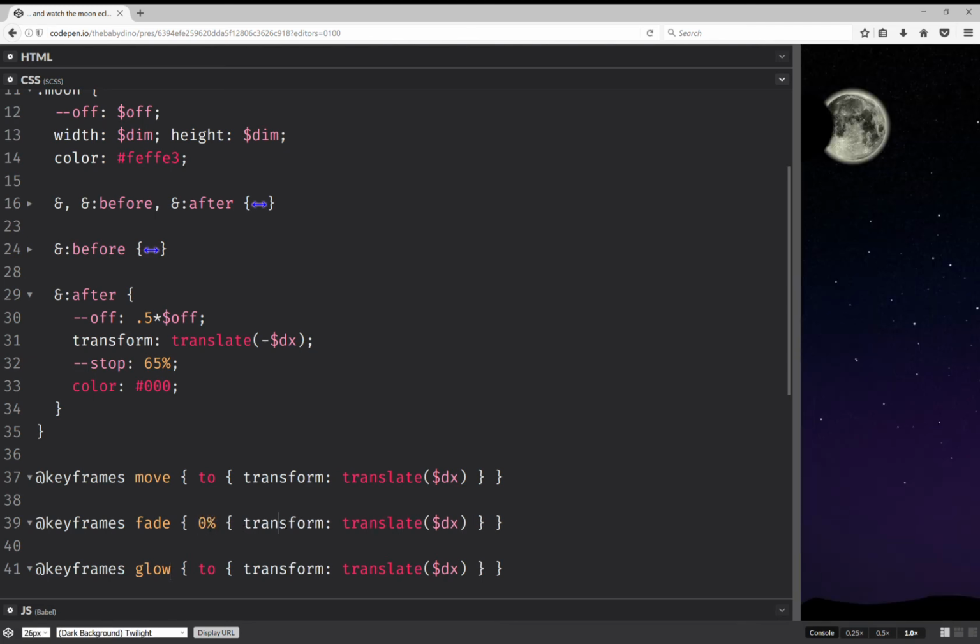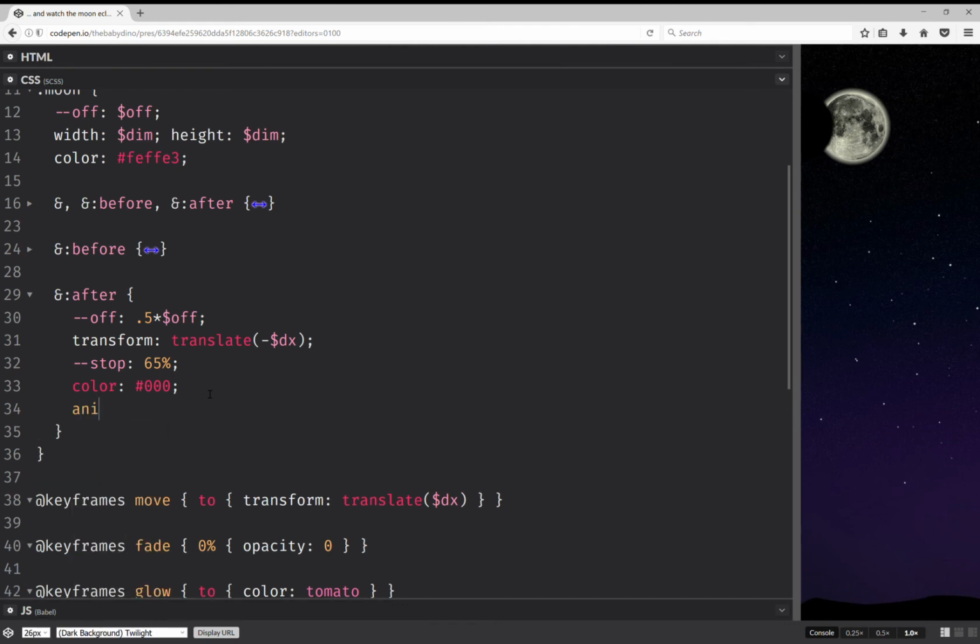It's going to be opacity 0, and here it's going to change the color to, I don't know, something reddish. This should probably work. And I'm going to add the animation here. So animation, and it's going to be move, and this is going to be the animation duration, which is going to be a t, and it's going to be linear,